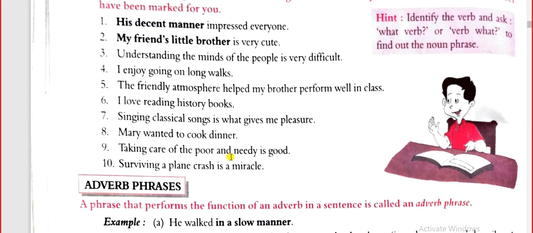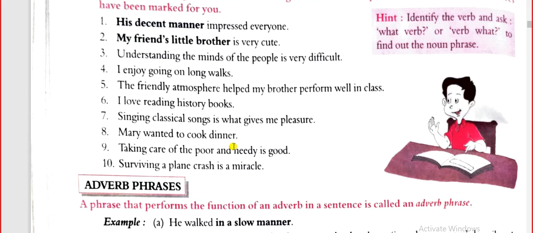Okay. So you tell me what is the verb in this sentence? Ma'am, verb, ma'am, to. नहीं, तो यहीं पे तो गड़बड़ हो रही है. आप लोग verb भी नहीं पहचान पा रहे हैं ना? You read the sentence, Shailesh. तन्मय. Okay, तन्मय. चलो कोई बात नहीं. तन्मय सेंटेंस पढ़ो जोर से. Mary wanted to cook dinner.